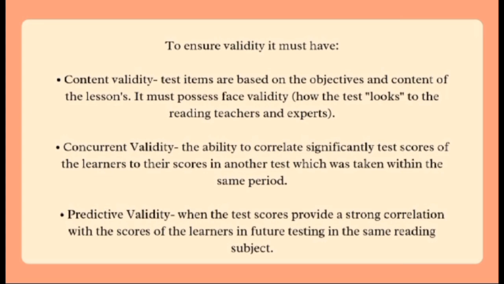Next example is low content validity: a reading comprehension test focusing only on vocabulary, ignoring other crucial skills like inferencing or identifying the main idea, even though these were also taught, or a test with questions unrelated to the taught material. Experts would likely find such a test